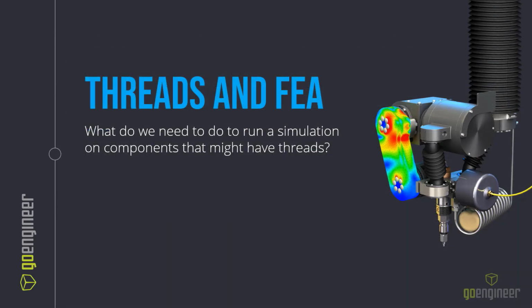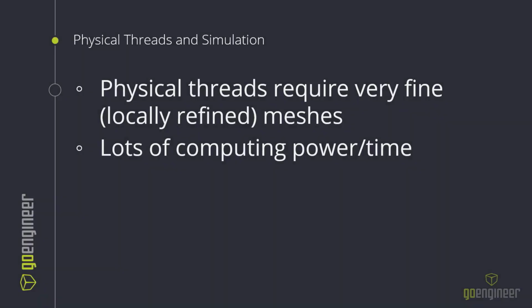Now, when we talk about FEA, and we've got threads, oftentimes we've got assemblies and fasteners and things that hold things together. Many times those things have threads. So what do we have to think about? Well, anytime we are actually doing simulation of physical threads, we have to refine our meshes to a very large degree near those threads. And that's to make sure that it's accurate. Now, of course, this is going to make it so that our simulation takes longer to run, longer to mesh,